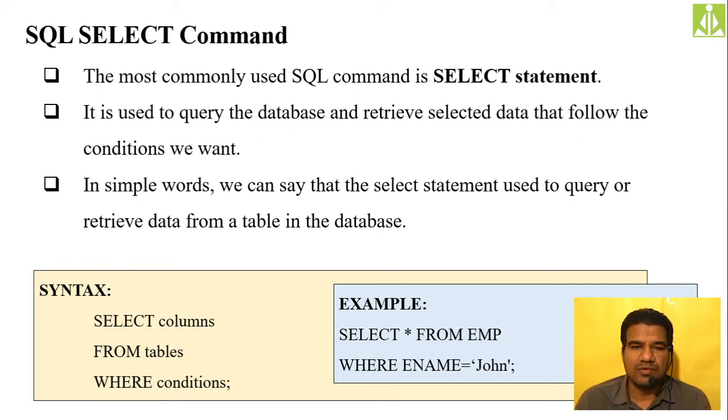So from those tables, in order to view the data, in order to retrieve the data, in order to select the specified data which you need, we are using the select query, the select command. Hopefully you understood. And the syntax for framing this select query we have already seen. Select followed by the columns, whatever columns you want to retrieve. If you want to retrieve all the columns, simply we put star over there.